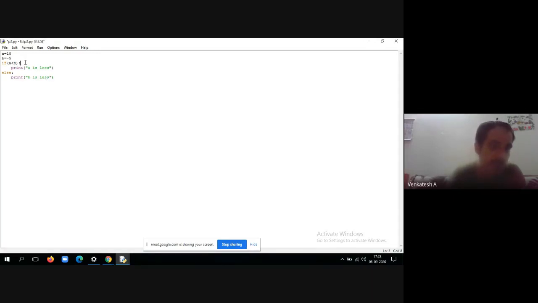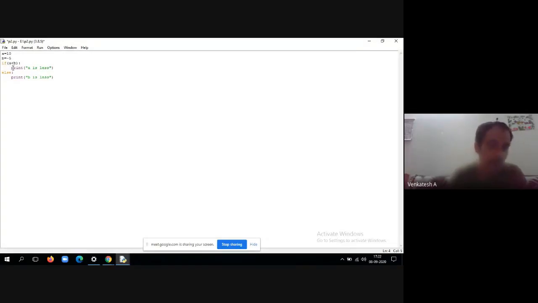After writing if a is less than b, I have written a colon. The colon indicates the beginning of the if condition. Then immediately, upon hitting the enter key, automatically it will indent the position of print like this.